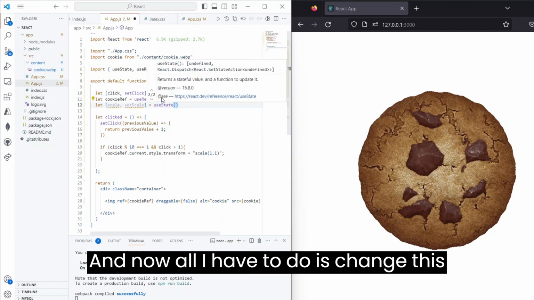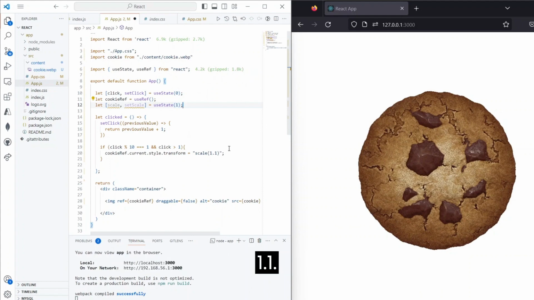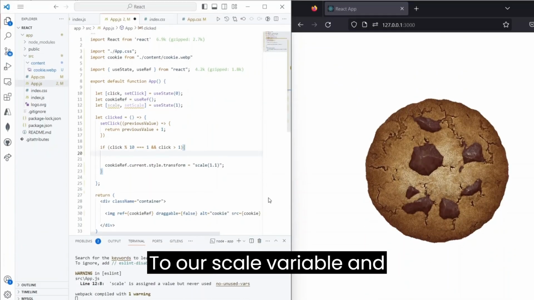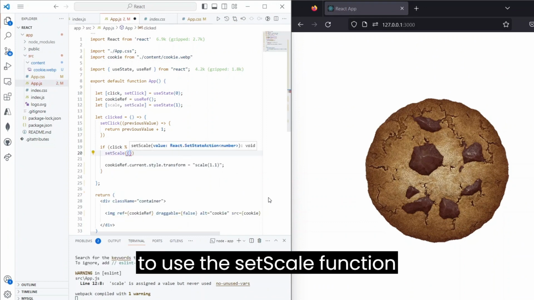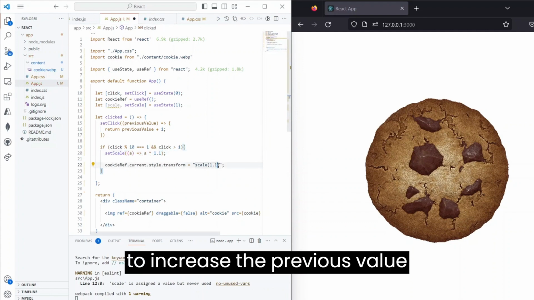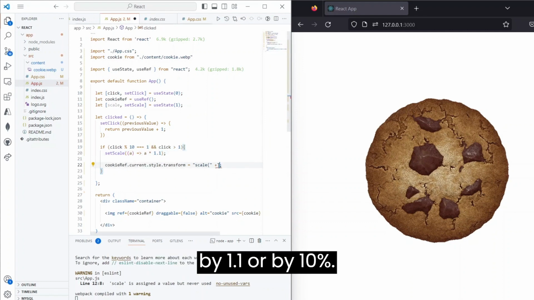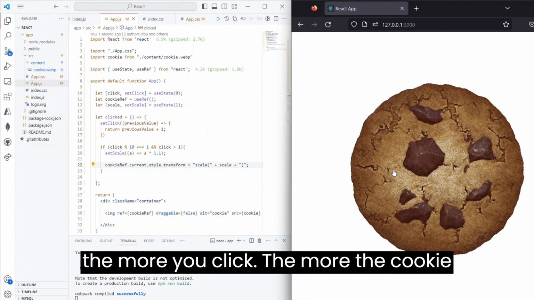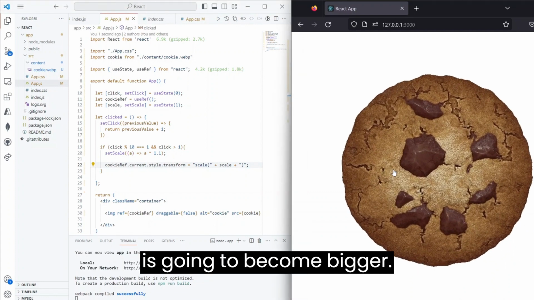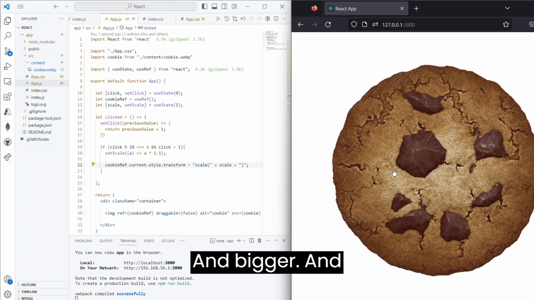And now all I have to do is change this 1.1 to our scale variable, and right before we change the value, I need to use the setScale function to increase the previous value by 1.1 or by 10%. So now if we test our code, the more you click, the more the cookie is going to become bigger and bigger